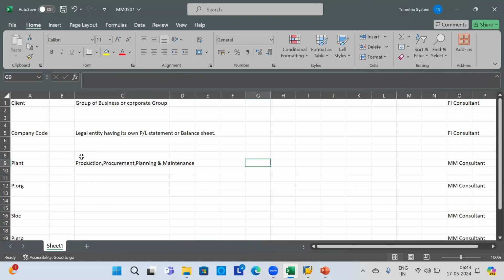Okay, a plant can be your production unit, it can be your sales office, it can be your head office, or it can be your maintenance